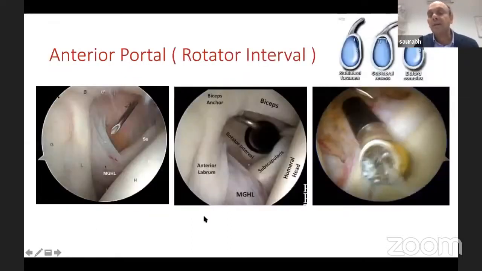So once I've done this much with my arthroscope, as we were talking about the anterior portal, your second thing to do is establish your anterior portal, because in this case, I found some superior labral fraying, so I needed to deal with that. Now, these are not my pictures, but just for clarity, I've included. So you can see humeral head, subscap, this will be biceps. So this is your rotator interval.